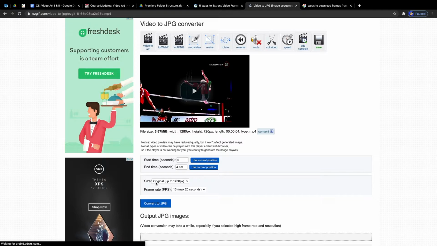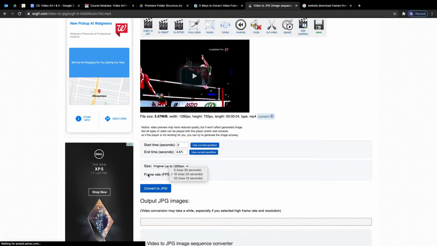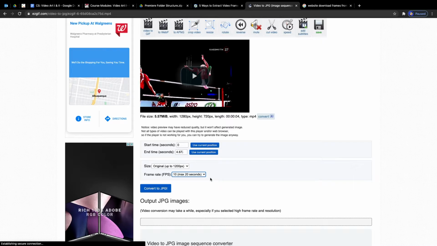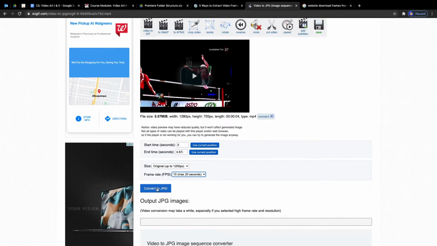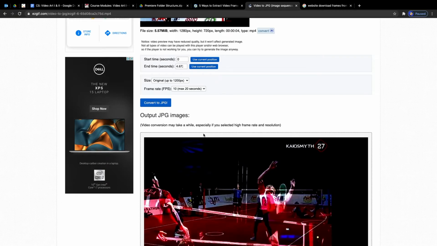So the first setting is the size. I'm just going to keep it at original. But the second setting, we're going to click on that, and it gives us a few different options of how many frames or still images we want to collect from this video. It's a 4.6 second video. I'm going to select 10 frames per second, which means it's going to give us 46 still frames, about that number. And once you do that, I'm going to click Convert to JPEG,